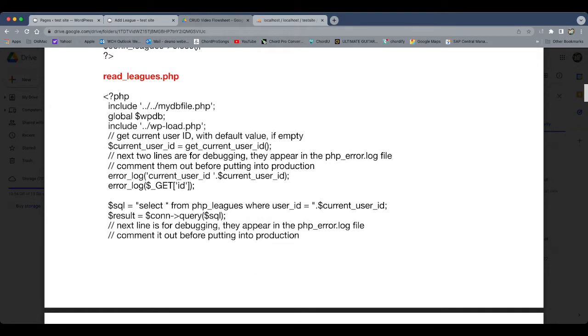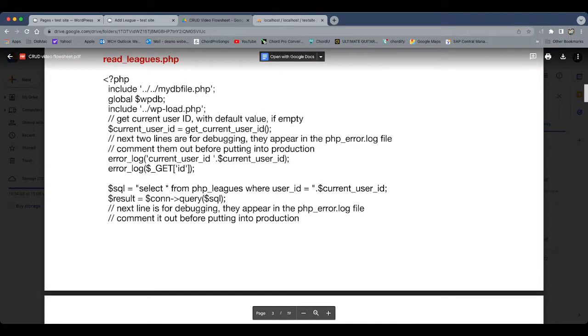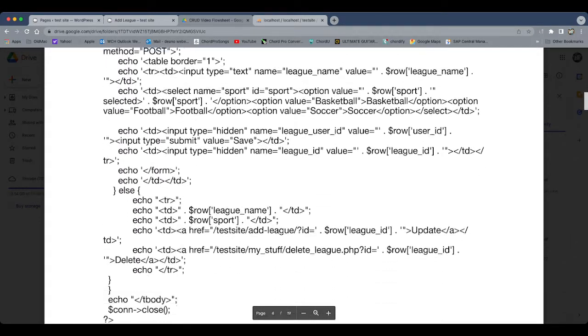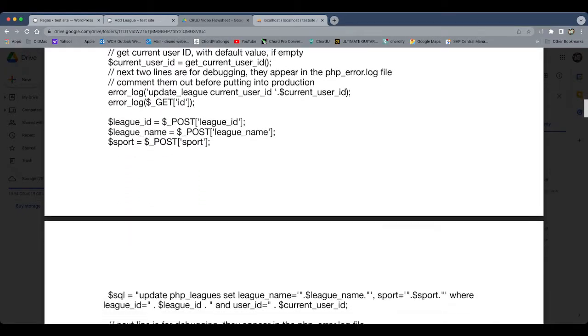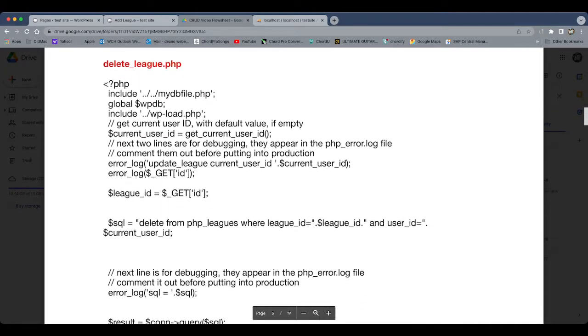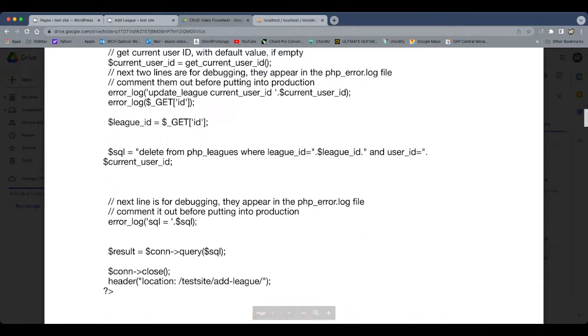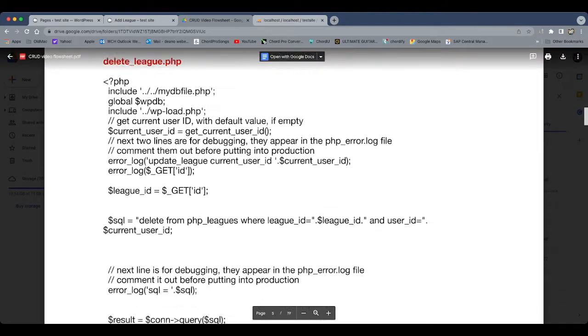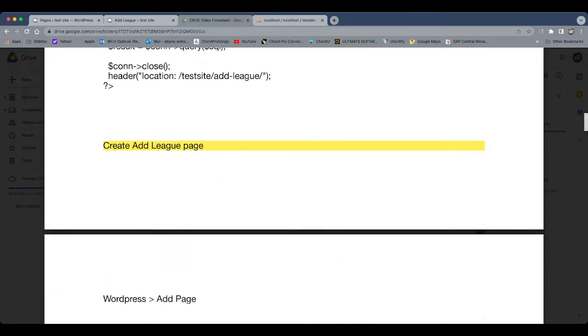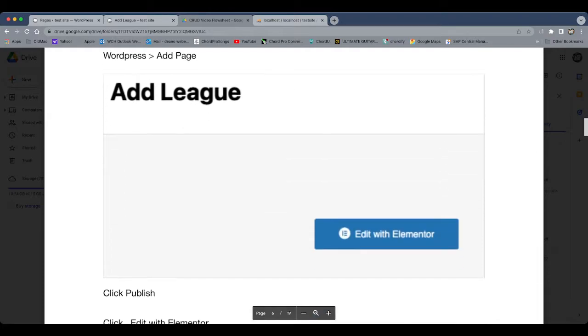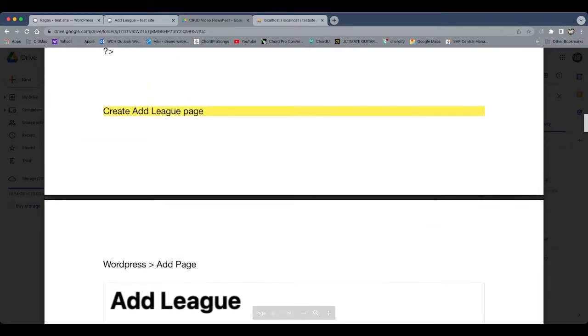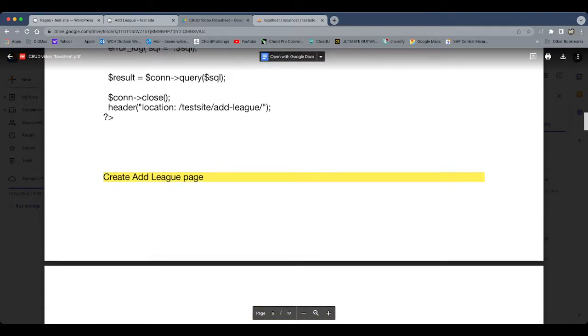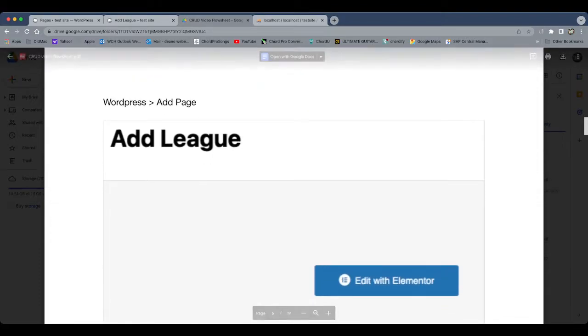And then we've got the read one. We're going to create this file here exactly as it is, a whole bunch of stuff in there. We'll come back to that. Update and delete. So if you want to, you can pause the video, make these files yourself, and then I will go through the form and talk about how it actually interacts with it. So you can pause this, build those files, and then when you come back,